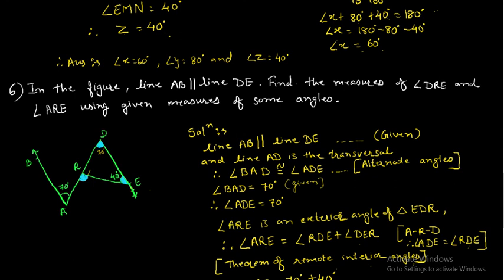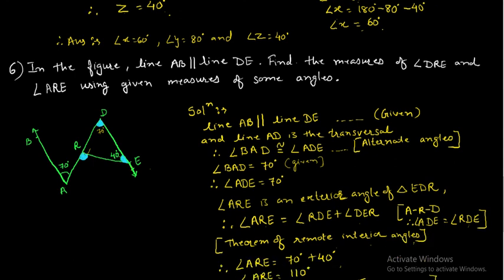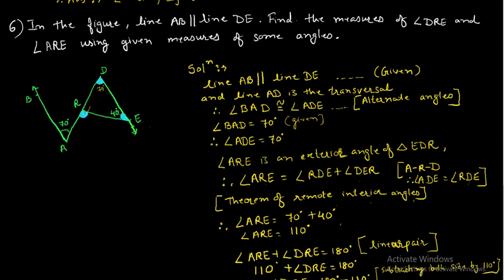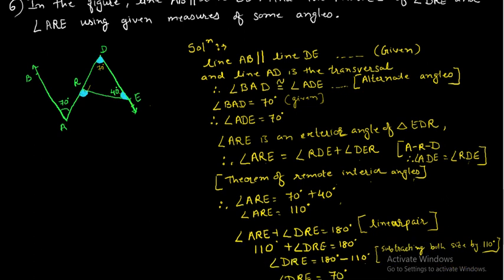Okay, क्योंकि सेम एंगल है। Okay, and by the remote interior angle हम ये कंसिडर कर सकते हैं। So measure of ARE is of 70 plus 40, that is 110 degree. ओके, उसके बाद हमने क्या किया, यहाँ पे लीनियर पैर बताया है। अगर लीनियर पैर नहीं बताना है तो हम तीनों एंगल का सम इज इक्वल टू 180 वो भी हम कंसिडर कर सकते हैं।